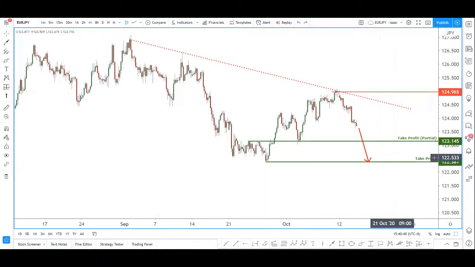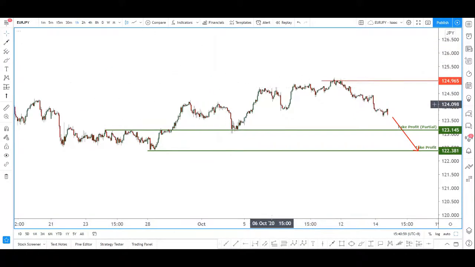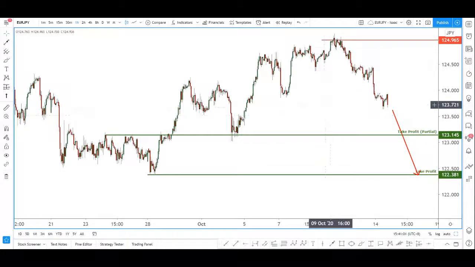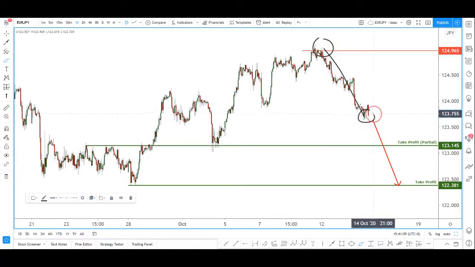Okay, so now that we have our take profit level, what we need to find out is where our entry and our stop loss will be. For that, let's go down to the 1 hour. Again, I'll remove this trend line because it's coming from too far away, and I just want to focus on the more current areas. Now we see that price made a strong push down, starting from here, pushed all the way down to the low here. So we can actually use Fibonacci retracement